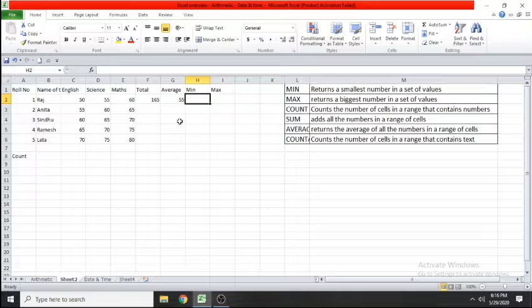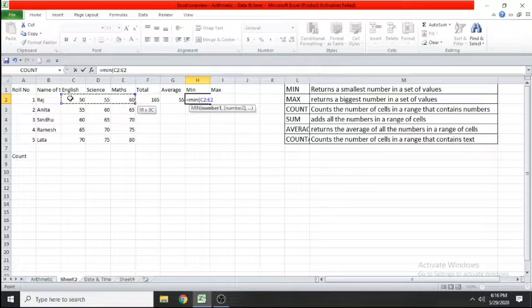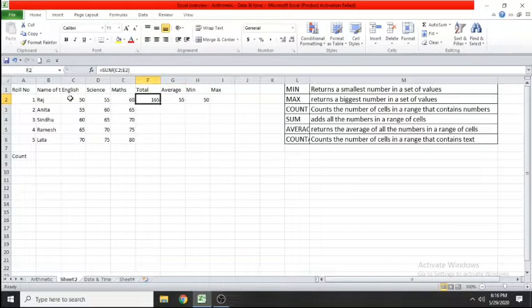If we want to see what are the minimum marks Raj has scored, I will be using the function min. So I am opening the round bracket and again I am specifying the range. Range is the same C2 to E2, because I am seeing the minimum marks of Raj, and I am closing the bracket, and yes, 50 marks are the minimum Raj has scored in subject English.